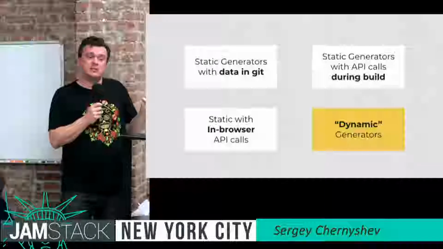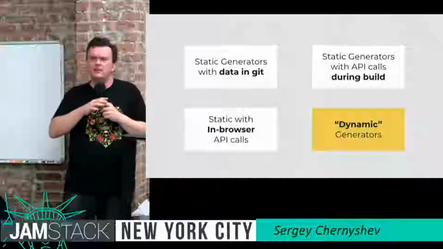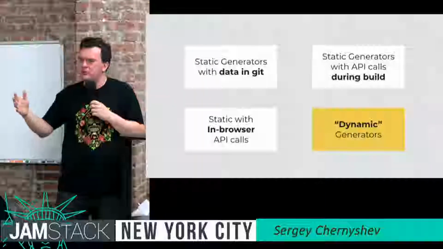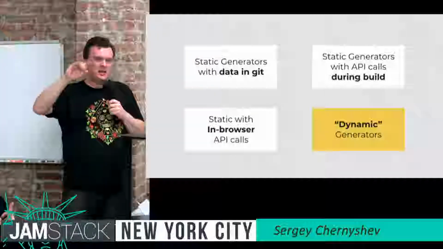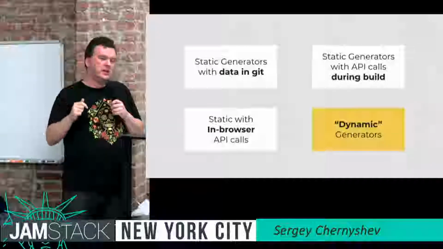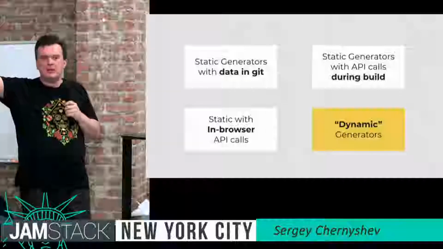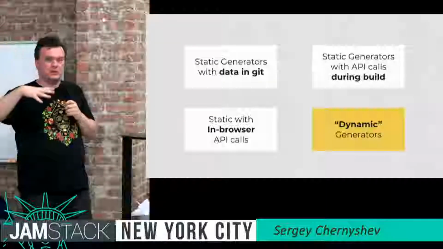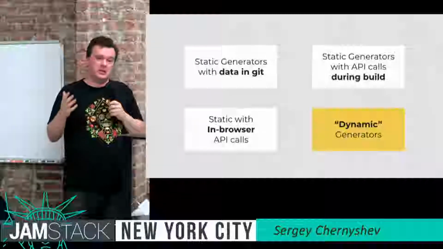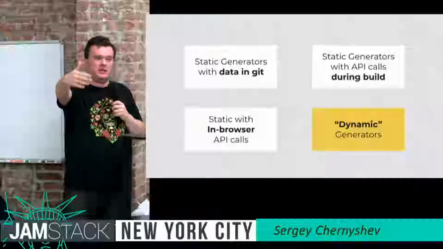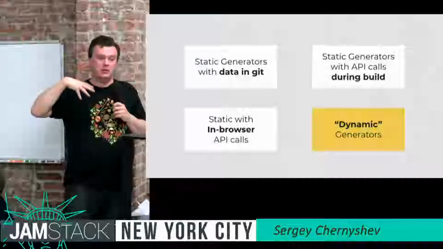There are also static generators that do API calls to external systems. If you ever used Contentful, I think it was their first thing. I don't know if they publish to Git these days, but they definitely specialize in content as API, right? Or any other external resources. And during your build, you have your code running in your repo, but it goes and fetches a list of data, either all of your data or some of your data, depending on what you do, right? Also great. It's fully generated. Everything again is statically served off of your S3, but your build needs to assemble all of the data,